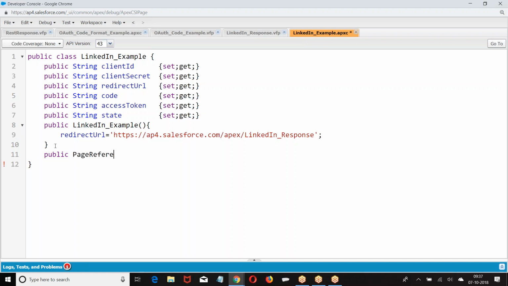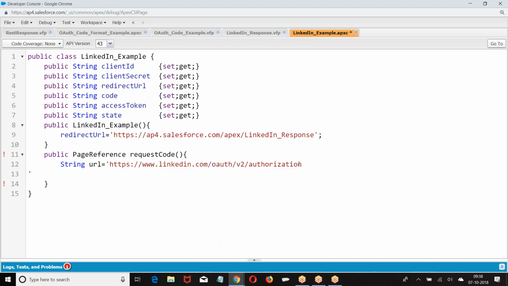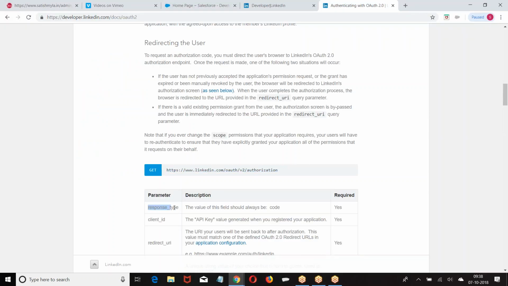Public request the code. First, the endpoint URL what they give. Now, is it my choice? Blindly, you need to follow the documentation. You have nothing to do other than following the documentation. URL equal to URL plus. What is the first parameter they are asking you to pass? Grant response type equal to